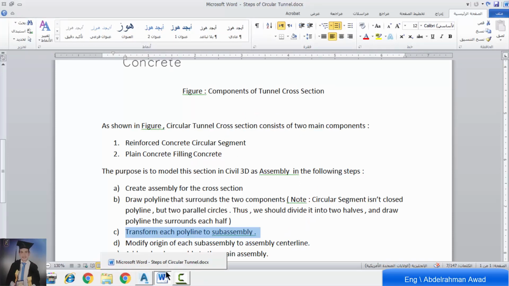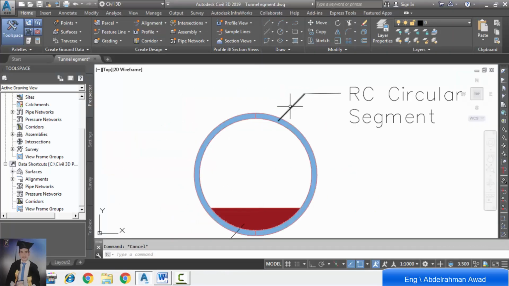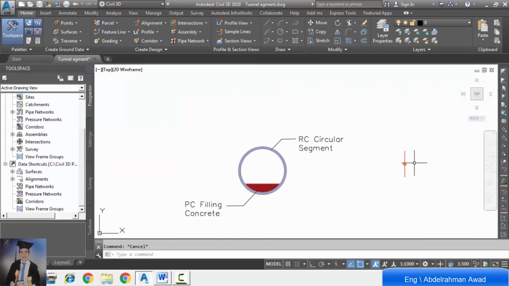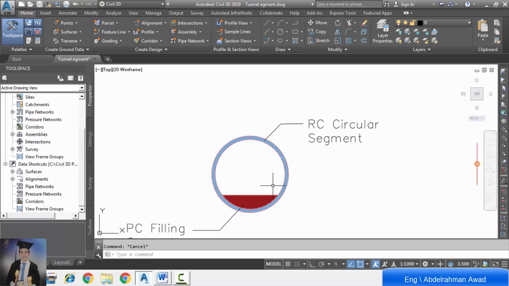We'll click on each sub-assembly and add it to the main assembly. That is the fifth step.